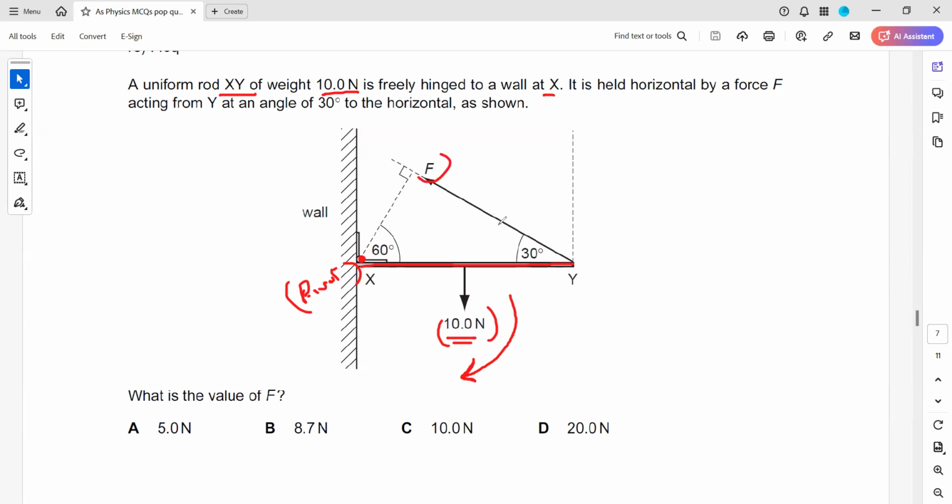This force F is there, but this force will have two components because the force is making an angle of 30. So we resolve the force into components: one is horizontal, another is vertical. The vertical component